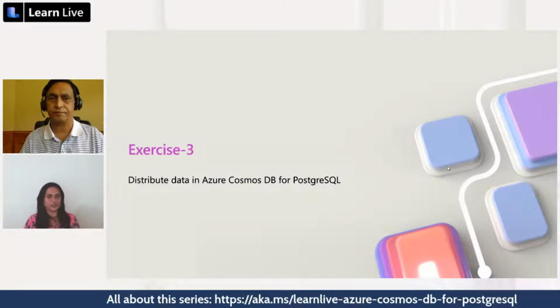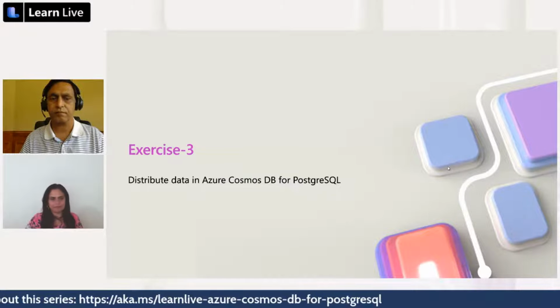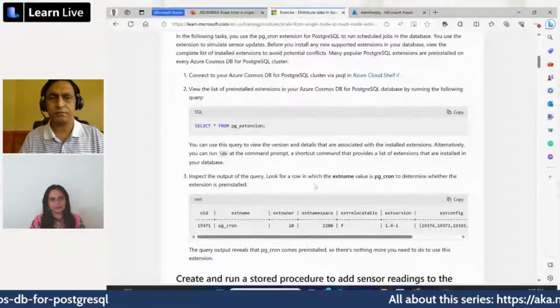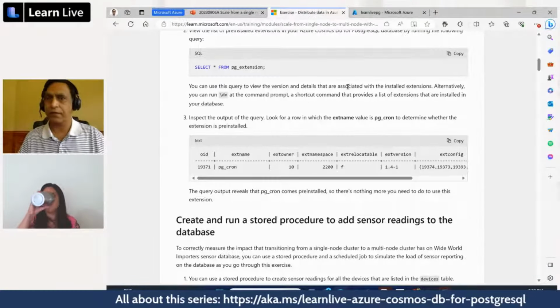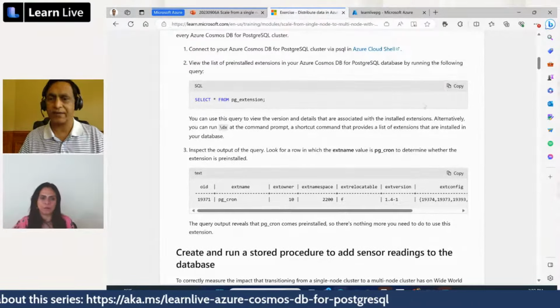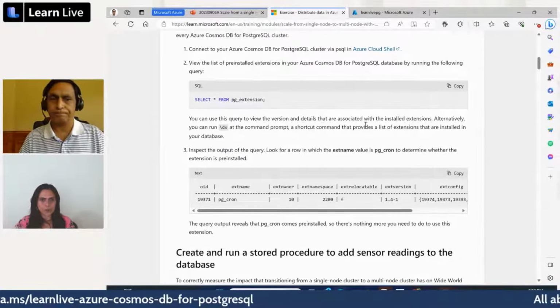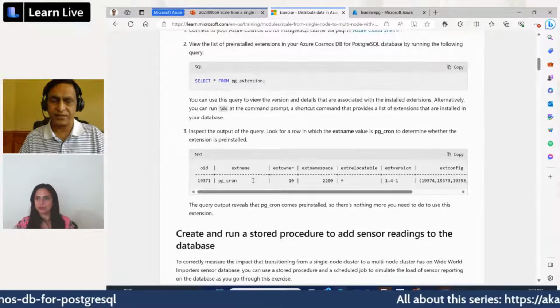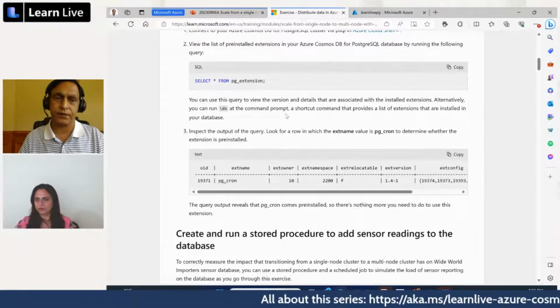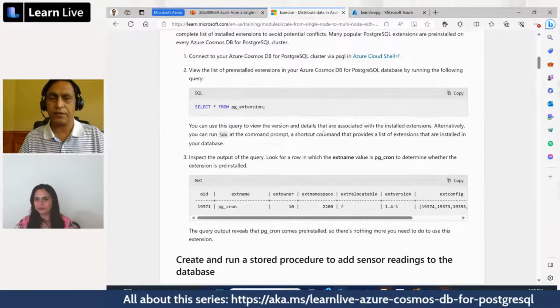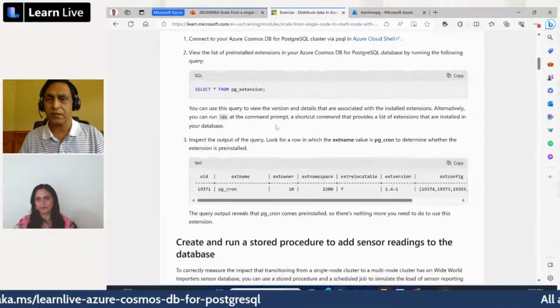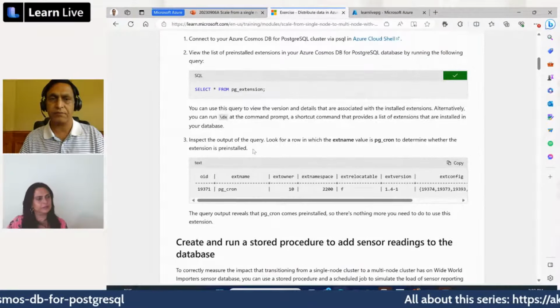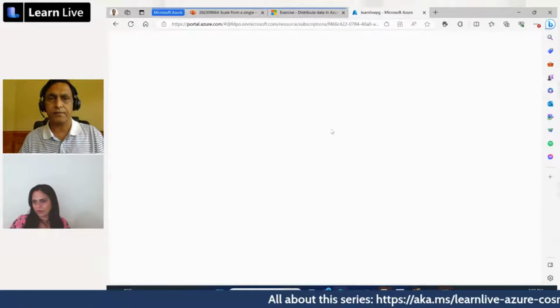So Srini, do you want to continue with exercise 3? Sure. So again, there's a way where you could look at the impact here, right? For that, we would need the extension pg_cron. Usually it comes with the installation of 14 and 15. So you can just run select star from pg_extension. You will see the pg_cron, to run it,